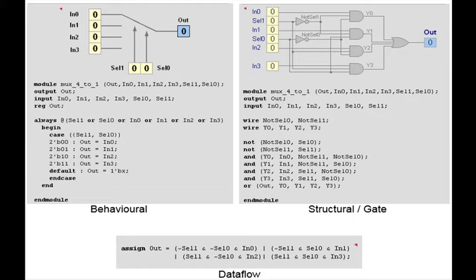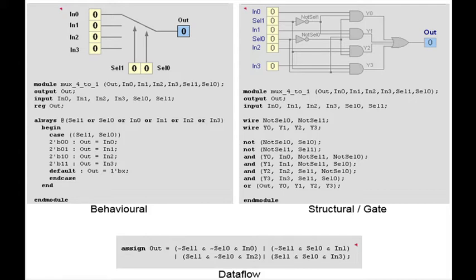In the last lecture, we have discussed different modeling styles in Verilog: behavioral, structural or gate, and data flow. In this session, we will talk about those styles using a single example, that is a multiplexer. Particularly, this multiplexer can be designed or represented in a behavioral way, structural way, or gate based or data flow as well.